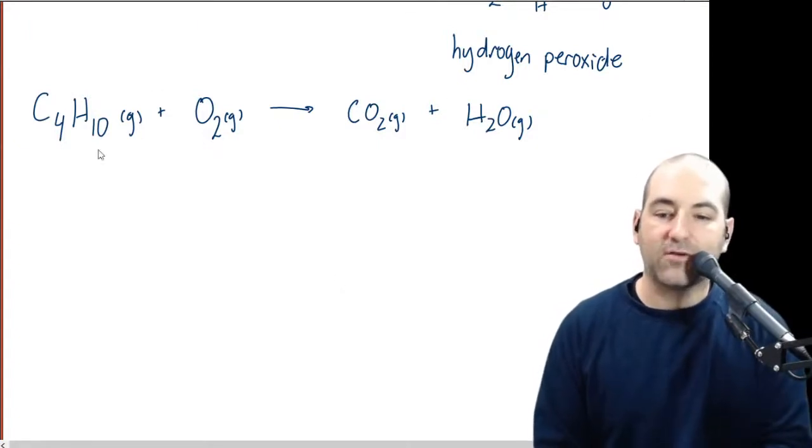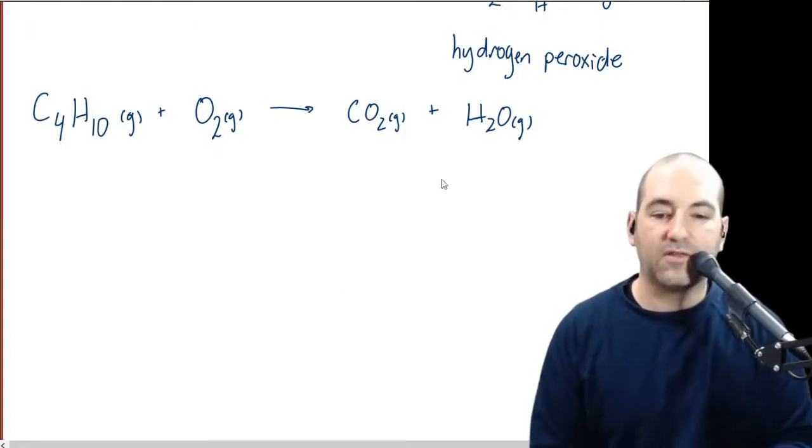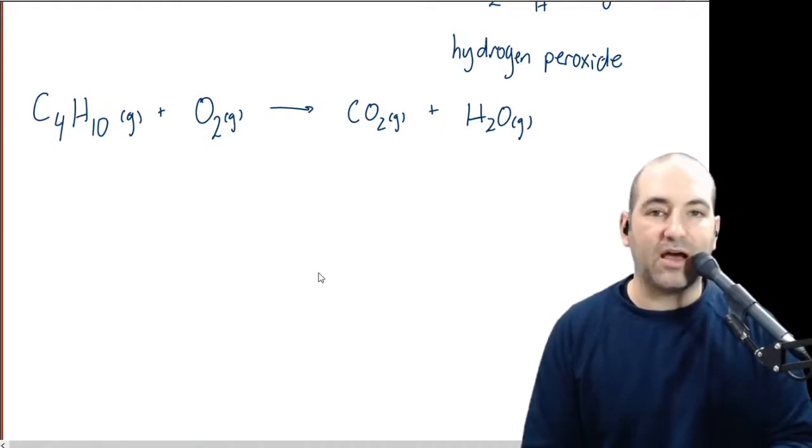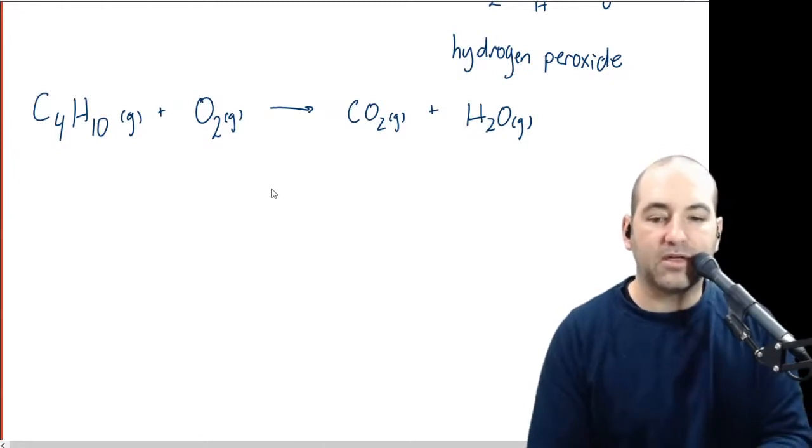Now, there's a lot of stuff going on in there. There's a lot of different numbers, a lot of different things, a lot of different atoms. So just looking at it, it's not going to be immediately clear how to do that. So here's how you do it. First thing I always like to do is just count. Just count the number of atoms on each side of the